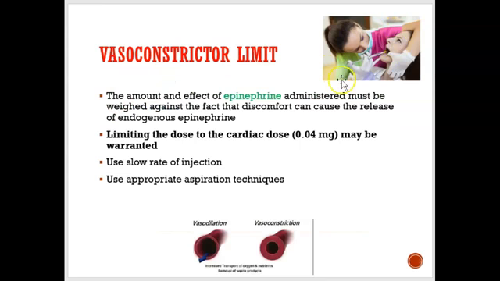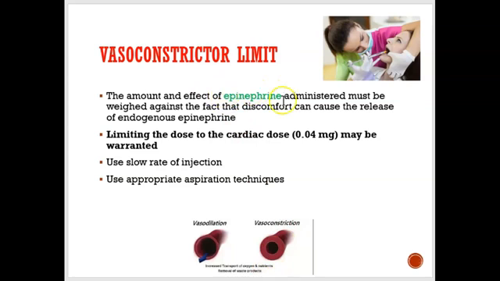So when someone is given local anesthetic, one of the ingredients is a vasoconstrictor. It's epinephrine. Epinephrine is a vasoconstrictor. And we like to give epinephrine because when we give it, the blood vessels constrict. So this is dilated, it's open, and now here you can see it's small, it's constricted, and that's better. The reason why the blood vessels constrict is because of epinephrine.